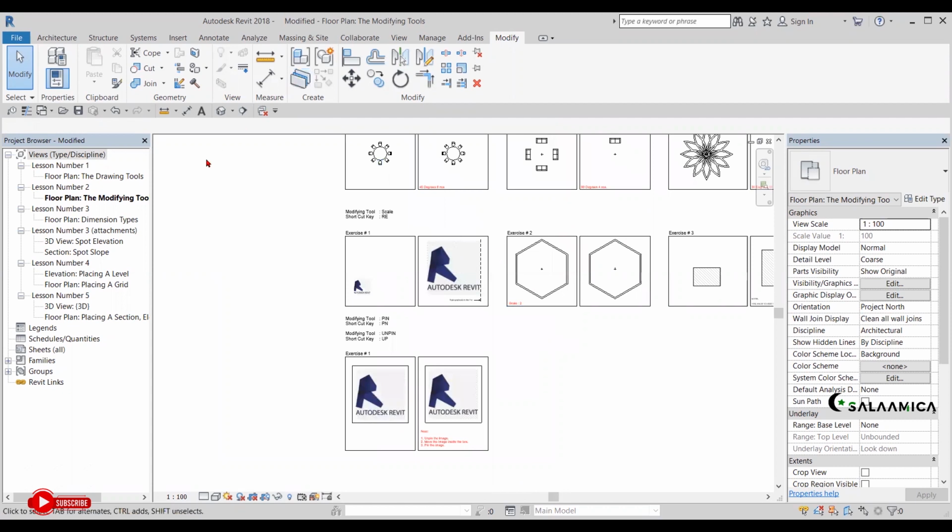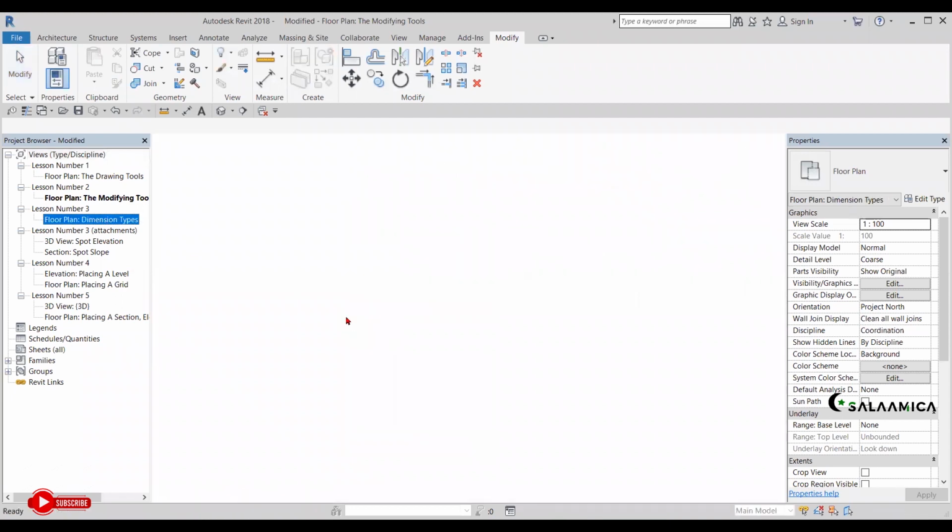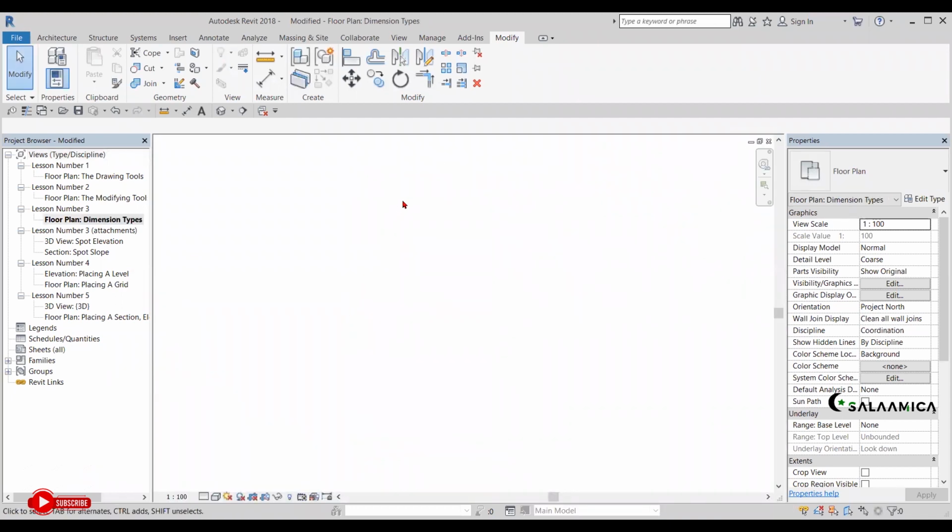Okay, let's now go to the dimension types. Dimension types, lesson number 3. We've been doing this. So if you didn't see any